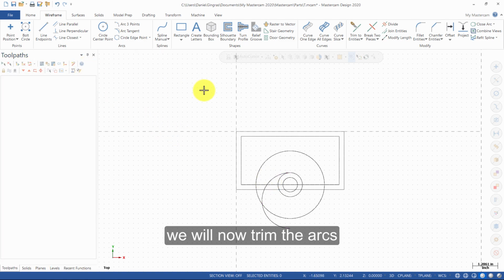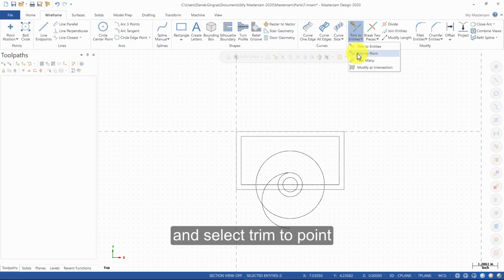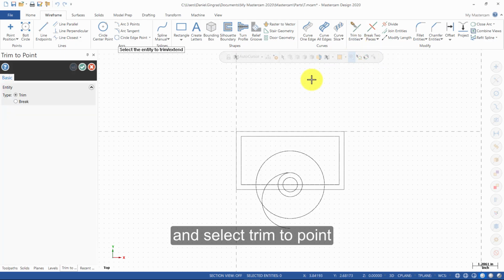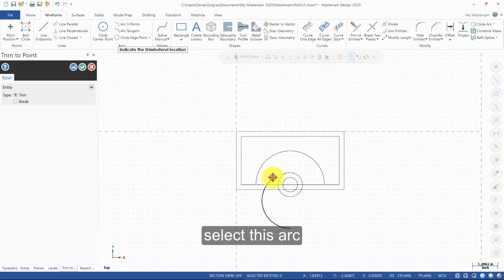We will now trim the arcs. Click the arrow under Trim to Entities and select Trim to Point. Select this arc and then select this endpoint. Select this arc